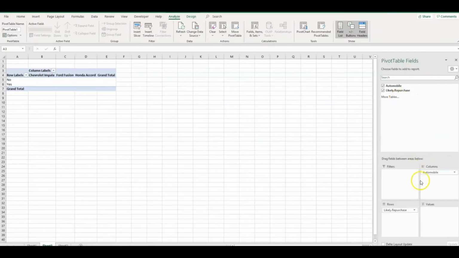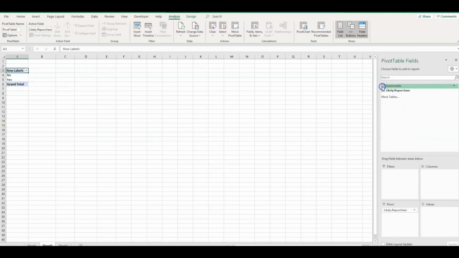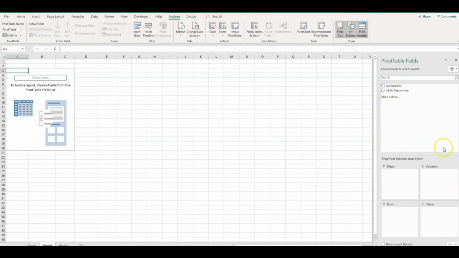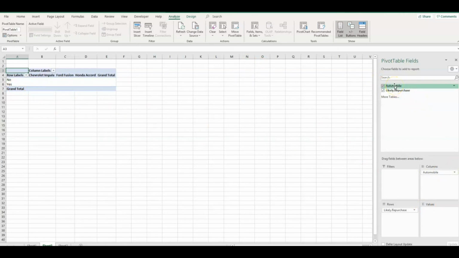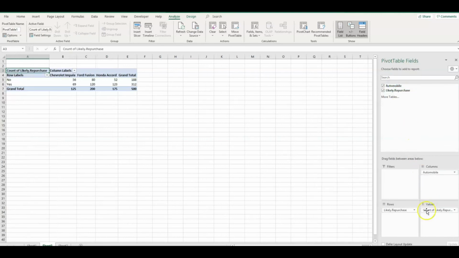I repeat. I'm going to uncheck that. And the first one, I grab here. So this is row, yes or no. And also for the ultimate view, I choose 2 columns. So this is a 2 by 3 matrix, and the value is count of yes or no. So we grab this one. And so this is no, and 1, 2, 3, this is total, and yes, 1, 2, 3, this is